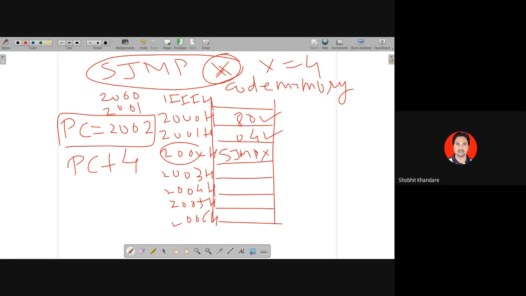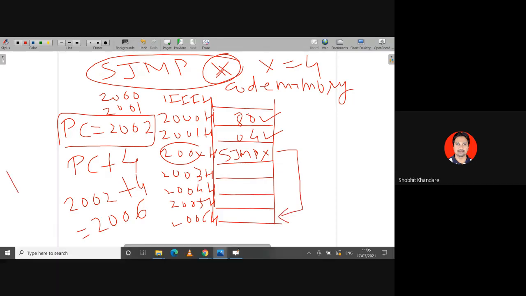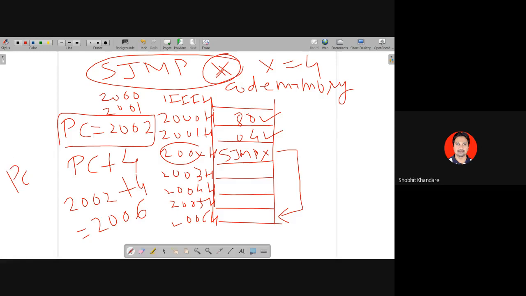Value of x is how much? 4. पीसी का वैल्यू कितना है? 2002. So 2002 plus 4 gives you how much? 2006. So what is going to happen? Your PC will jump to 2006. तो पहले जो पीसी में 2002 था, अब मेरे पीसी में हो जाएगा 2006.